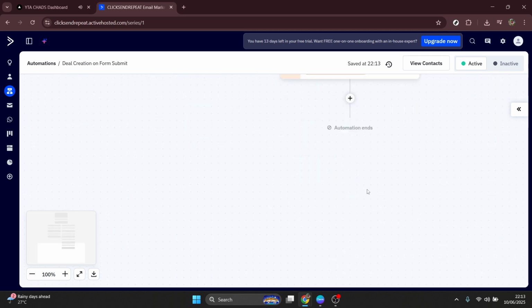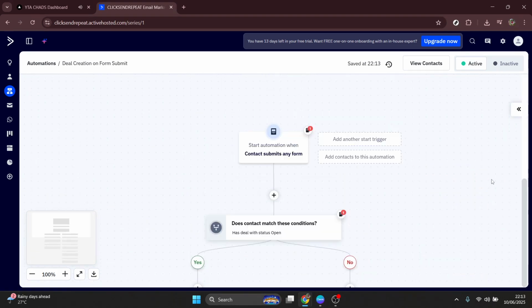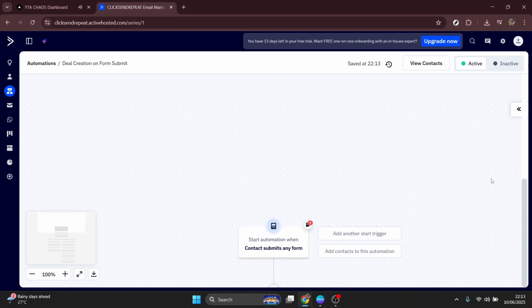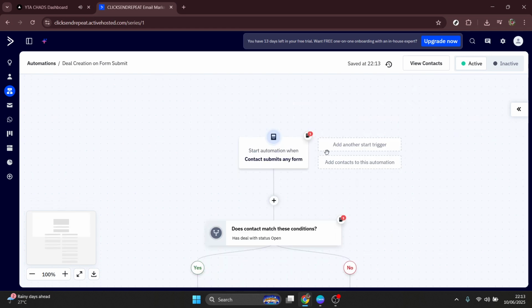For even more dynamic sequences, consider using if-else logic. This option allows you to tailor emails based on a contact's behavior. For example, if someone clicks a link, you might send an upsell email. If not, follow up with